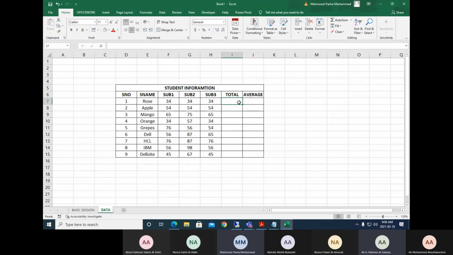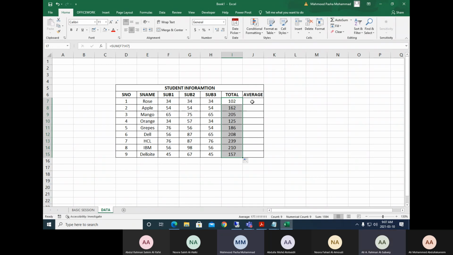But we will not go to those complications now. First, try to understand that sum is the function we are going to use to do the series of data. As you have told, that is the right answer. When you have series of data, then that time only we use sum. Okay, finish. Now I want to do all this sum. What will you do? Click here and drag, or the other one, double click here, finish. So either you can click and drag, this is one procedure, or you can double click here. It will do everything for you.